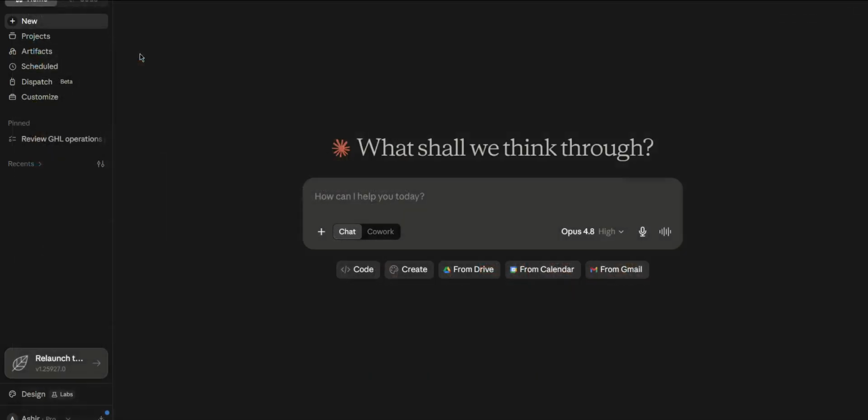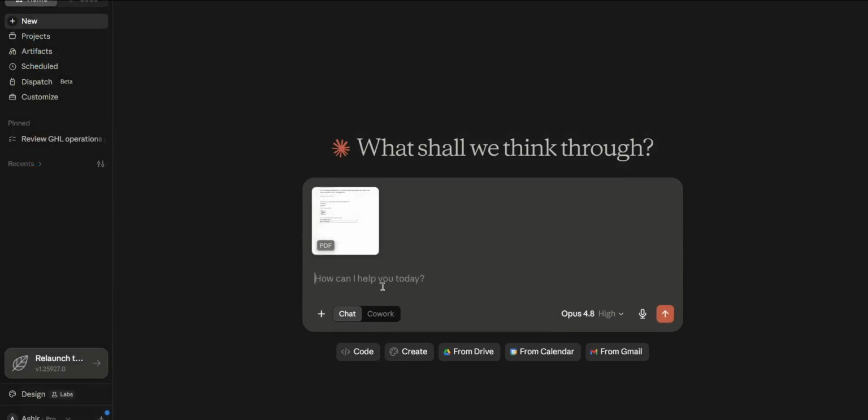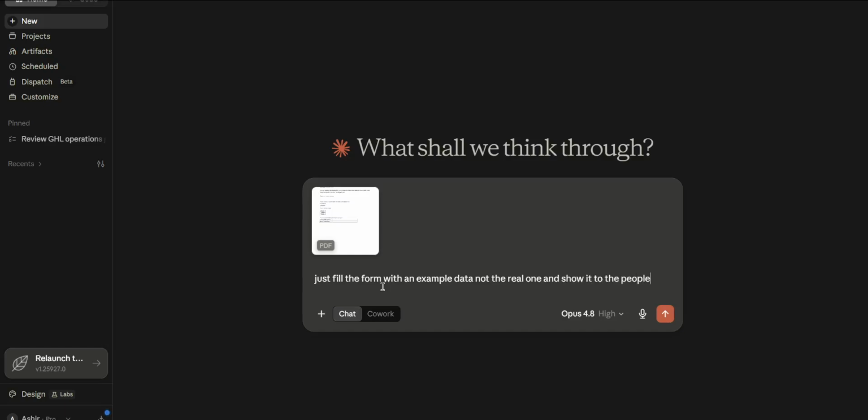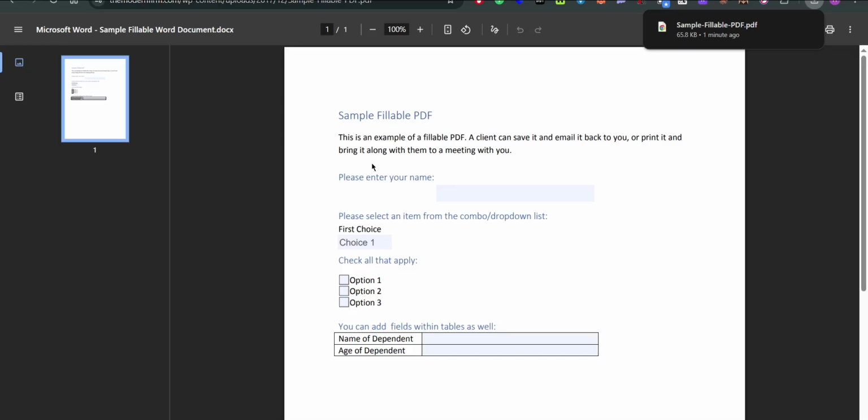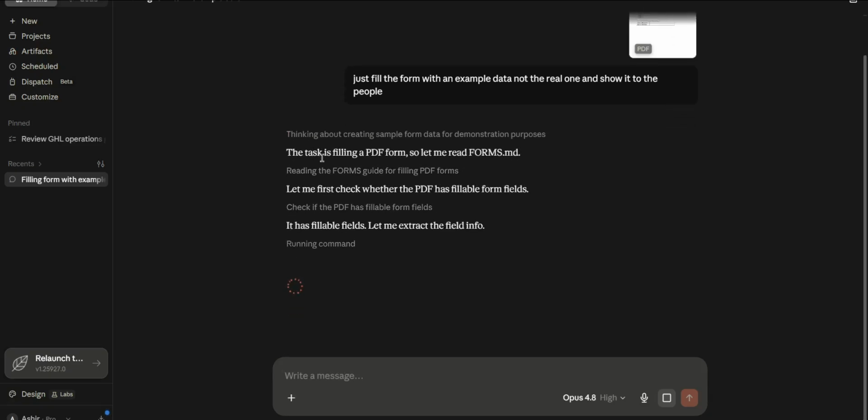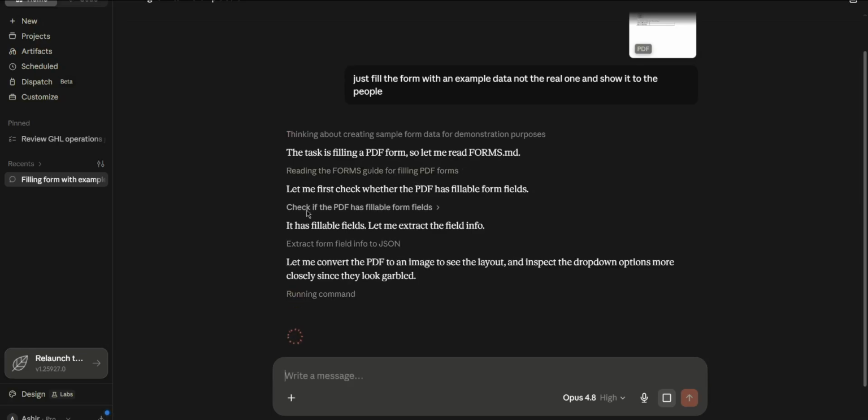Right now, I have my document here, sample fillable. Just fill the form with sample data, the real one, and show it to you. So this is the form. These select an item for the combo drop down list. The options are there: name of the department, age of the department, and let me see what it will do. So as you can see, the original form guide for filling the PDF forms, like the PDF has